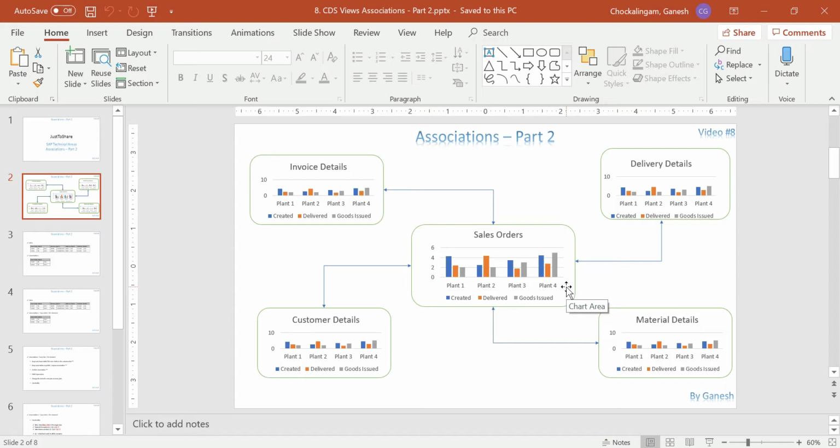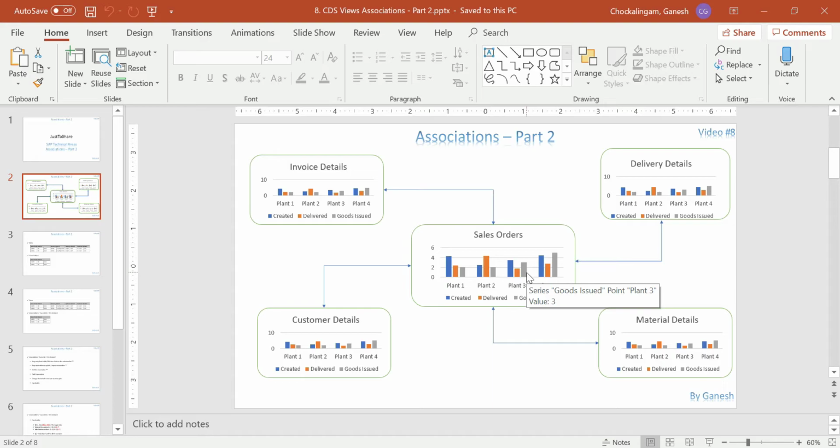Okay, so association is mainly used if your CDS view is consumed in a UI application, because the UI is very fast. It's not like a background job or a report which is running in a web program or SAP GUI. So in those scenarios, we need to respond very quickly from the backend system. So in that kind of scenario, we are going to keep associations because association is a lazy join or on-demand join. Whenever there is a requirement, only then will it create a join and take the information from the relevant